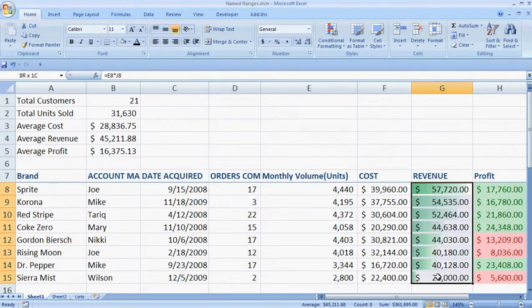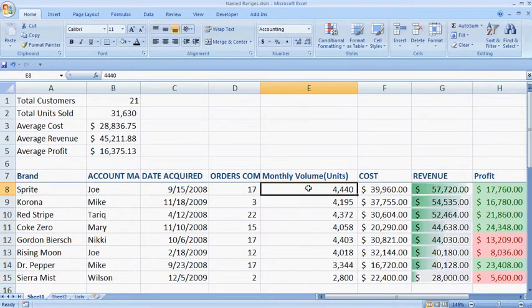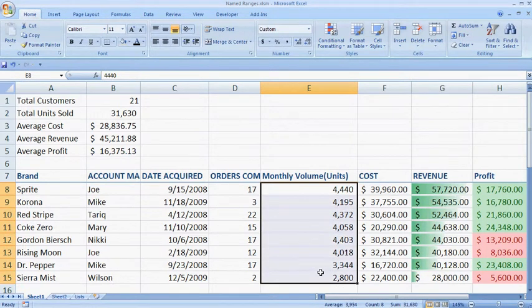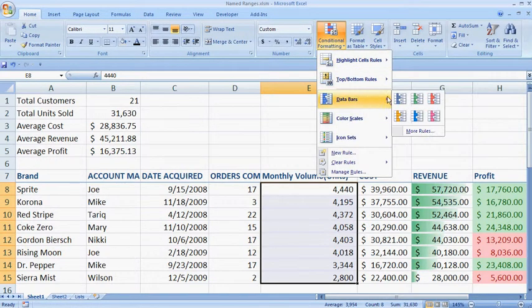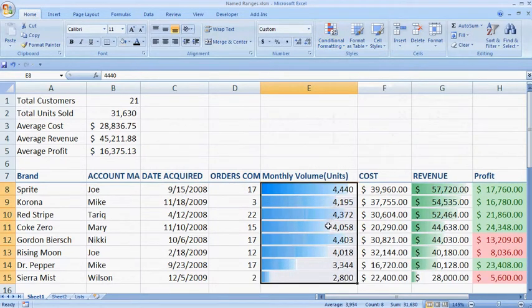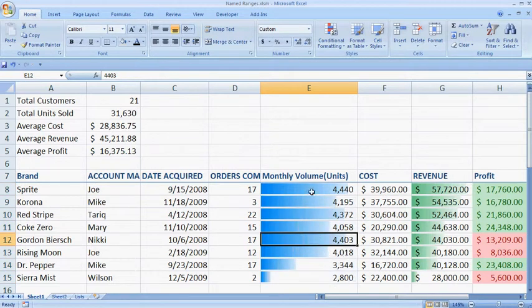have applied what's called conditional formatting, saying that if you're looking at a column like this, we'd like to see a visual representation of the data, a visual comparison. So we can say, let's go apply conditional formatting. In this case, we just apply blue bars that show us how big the numbers are in comparison to everything